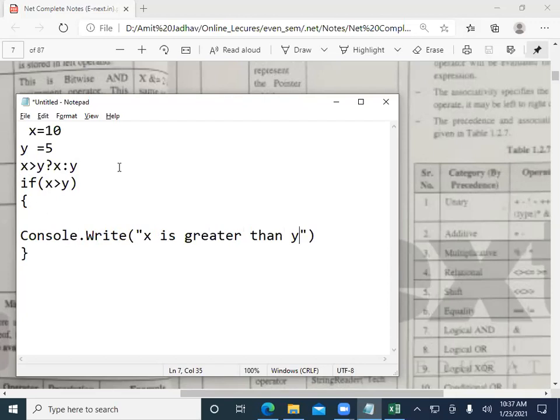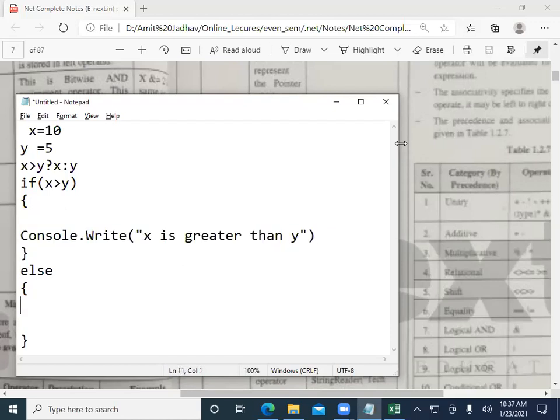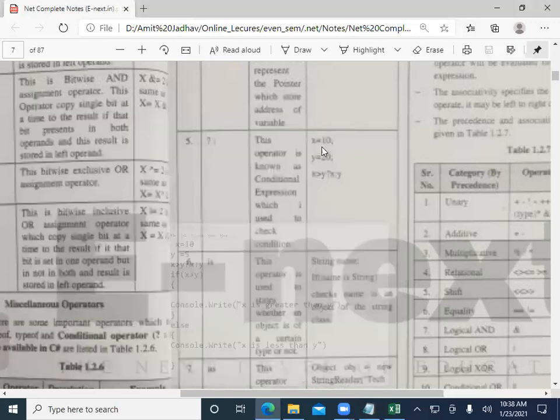Or else, we can write x is less than y. So here it checks whether x is greater than y. If it is, then it will print the message x is greater than y. Otherwise, it will print x is less than y.